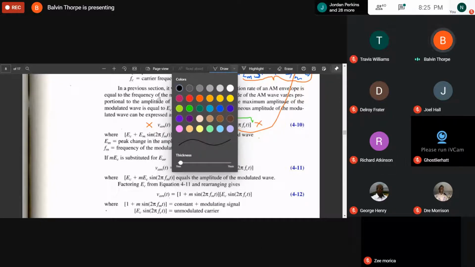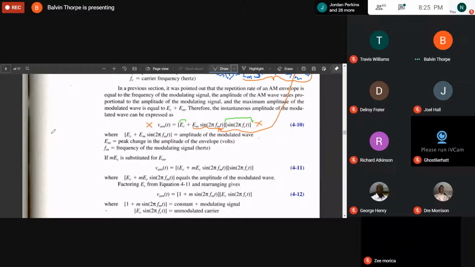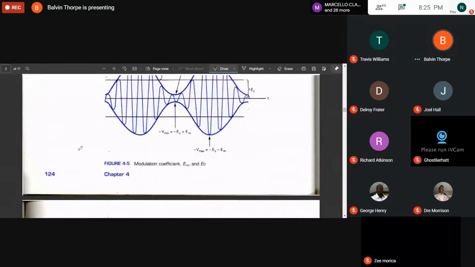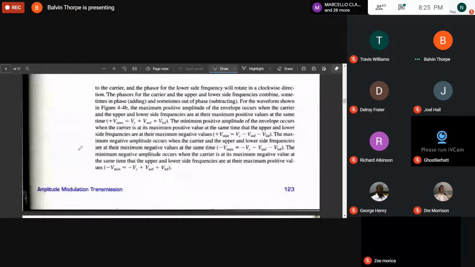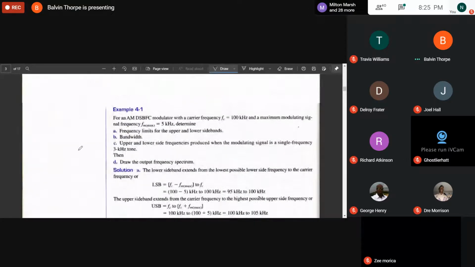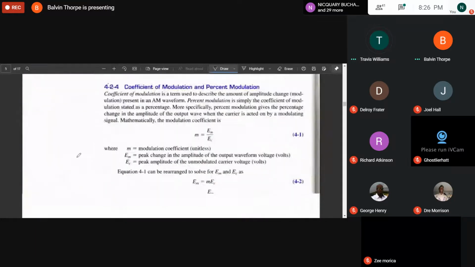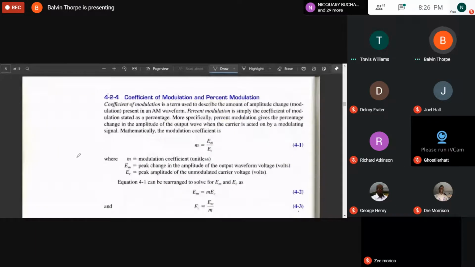Yes, let's use this. So M, which is known as your modulation index, I actually can go back earlier to give you a better idea what I'm talking about. Okay. Here, modulation index or coefficient of modulation